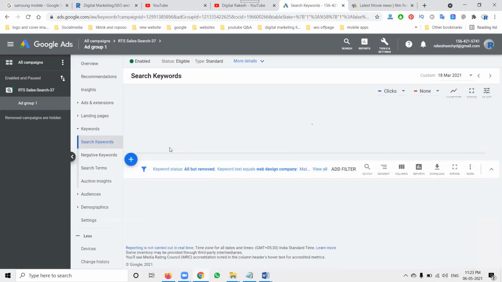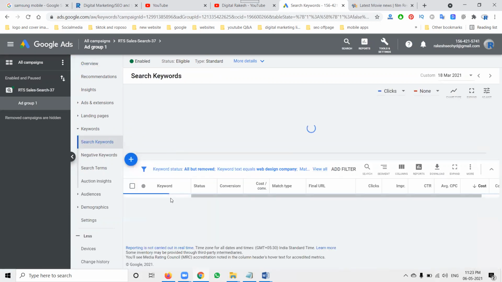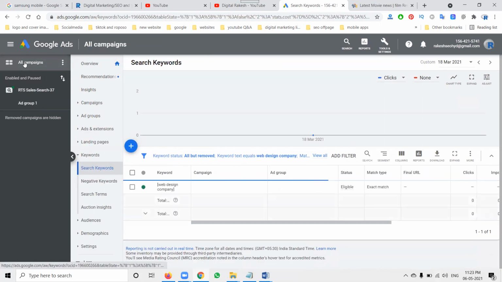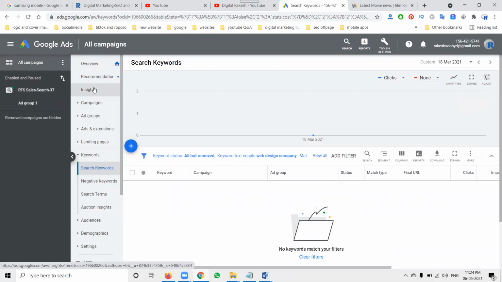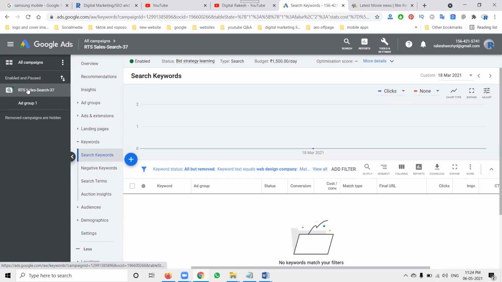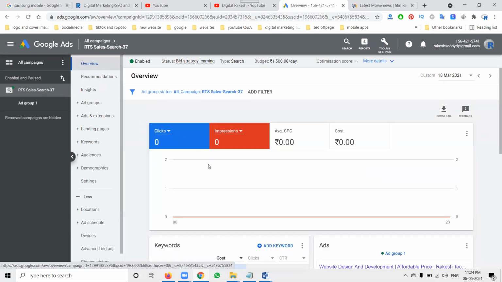What keywords will be shown to the customer? The keyword will be selected for each match. The match types are broad match, phrase match, and exact match. When people search the exact keyword, we can show your ad to those customers. These are the benefits of the campaign type called search campaign. So these are the options to be utilized.